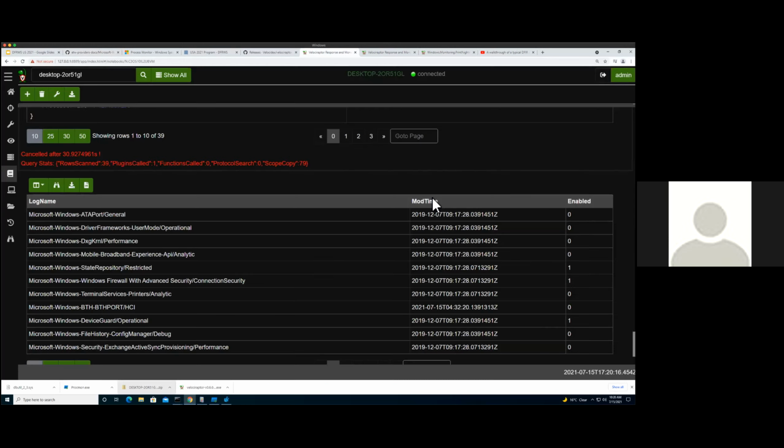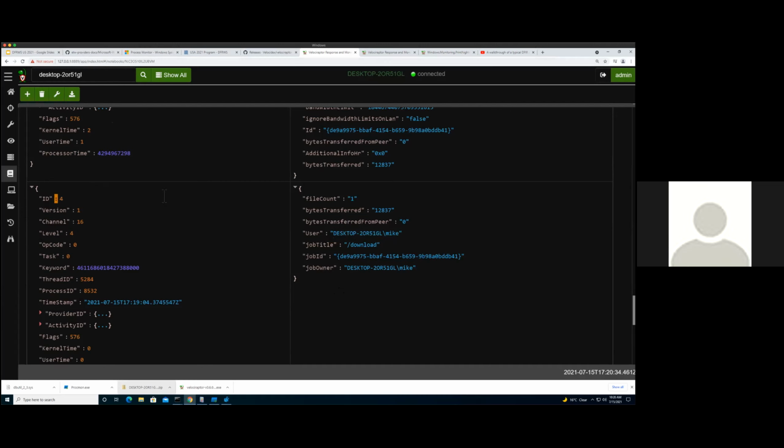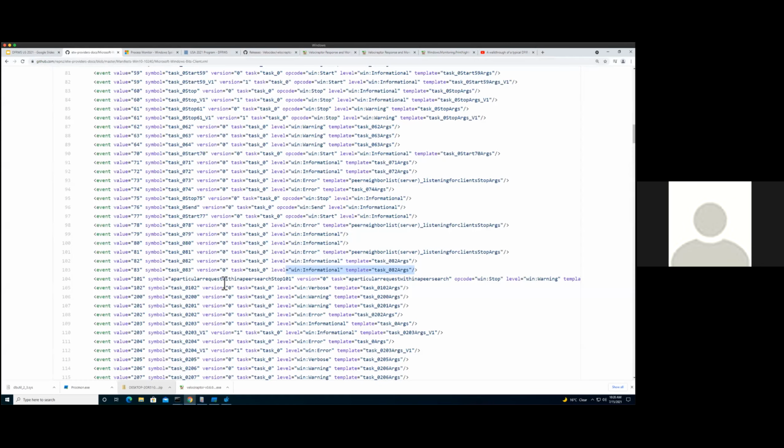But if we go up to the end, then we might see something that's a little bit more useful. So see, this one is more useful. That's telling us who's the job owner, the job ID, what did they do, what are they downloading. This is what we want, right? That's the information we want. And we have ID 4, right? So when we go over here to ID 4, what does it mean? Okay. Oh, we still don't know. It just says task 4. This doesn't help, right? We don't know necessarily what it is,